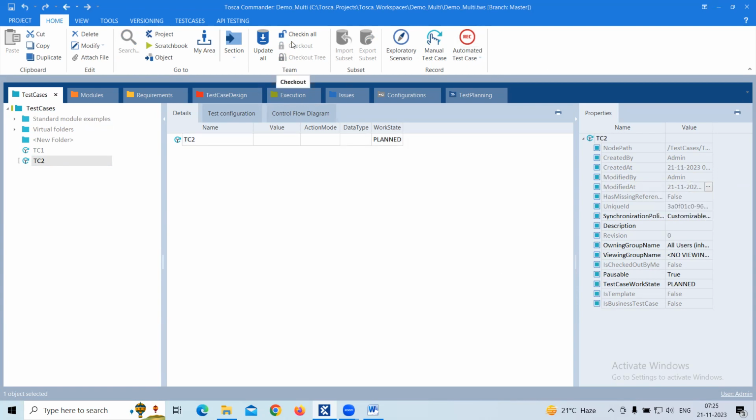And one more thing is, now you're able to know what is checkout, checkout tree, check-in. Checkout means for the working purpose, we are checking out from the server to your local machine to work. Check-in means all the changes you have done in your local machine will be updated to the server. Coming to the update all, for example,